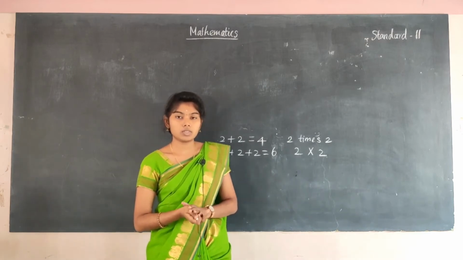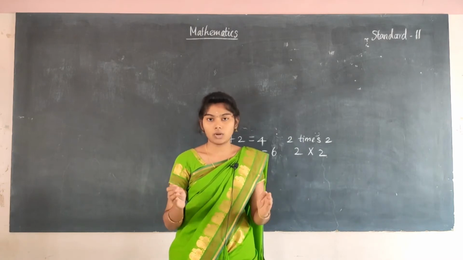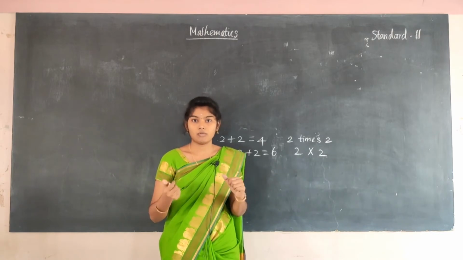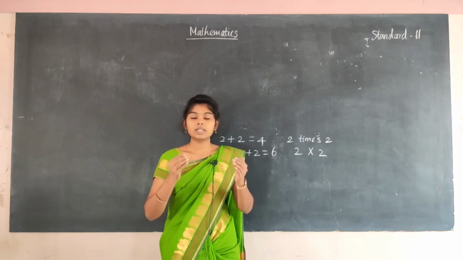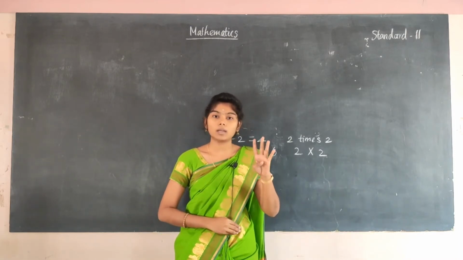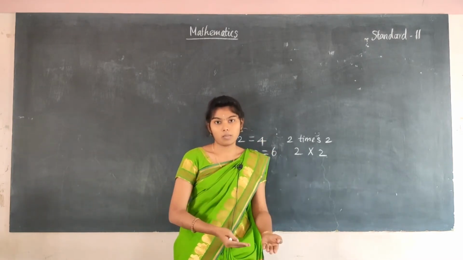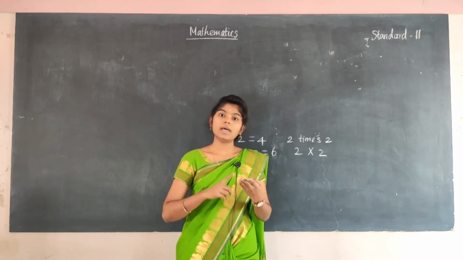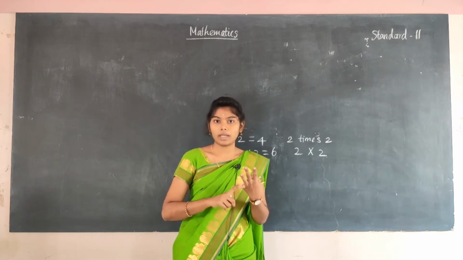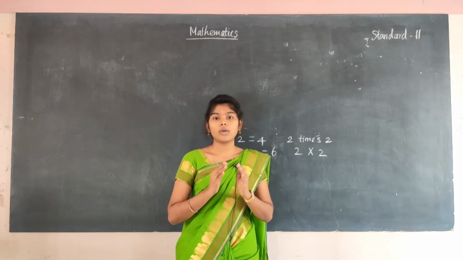Today we are going to see multiplication on the number line. Before that, let us look at a story. Riya and her mother are having a conversation. Riya is cleaning her cupboard, taking out marker pens and crayons. She found 4 marker pen packets and 3 crayon packets. In each crayon packet there are 5 crayons, and in each marker pen packet there are 2 pens. Now we are going to find the totals.